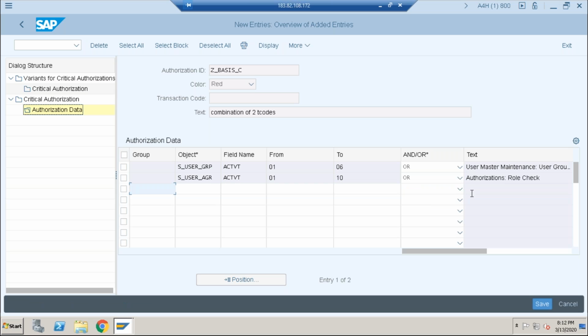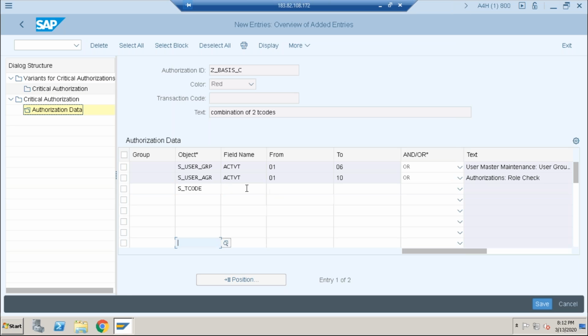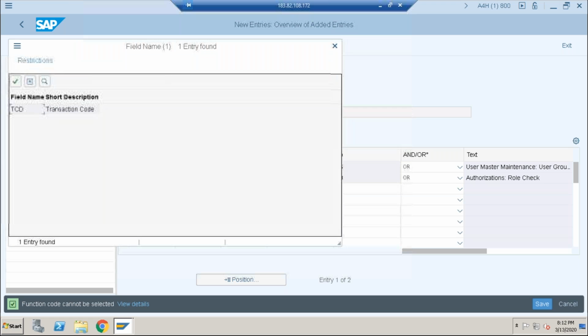Even if you go for more objects, also take another one, S underscore TCODE. No, that is not there. The field name is not activity. Because for S underscore TCODE, the field name is different. It's not an activity, it's TCD.